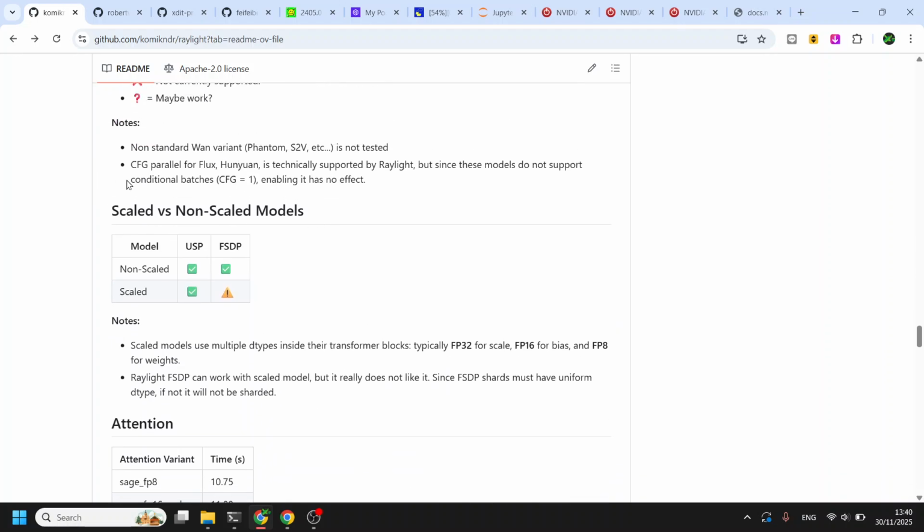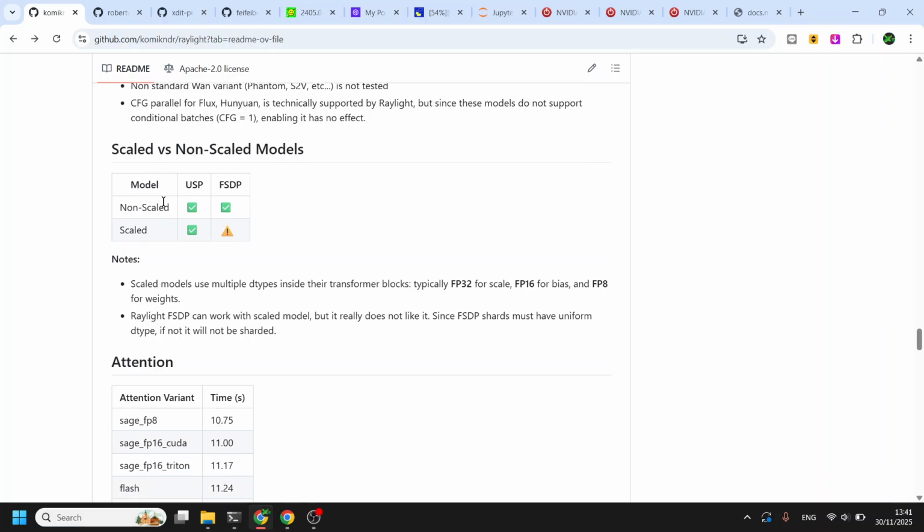About scaled versus non-scaled models, FSDP really likes non-scaled models, like FP8 non-scaled. There are problems with scaled versions, since FSDP requires all the modules wrapped by FSDP to have the same dtypes. That's the problem.